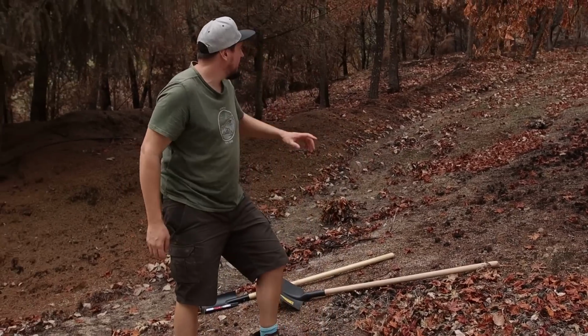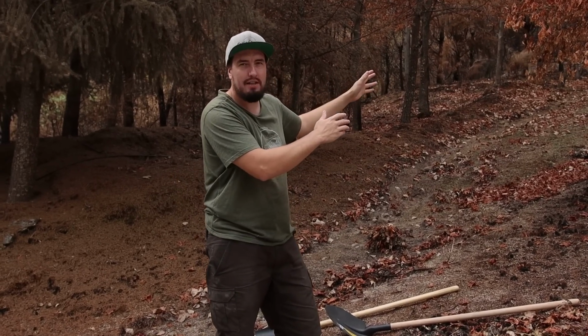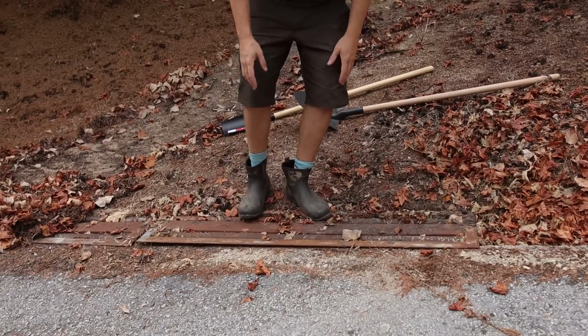So the water's obviously come down this road. This is a 4x4 track that runs up into the forest, and all of the water comes down here and gets collected in these drains, and you can see